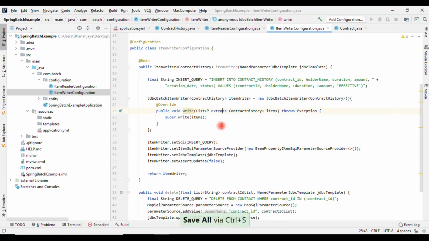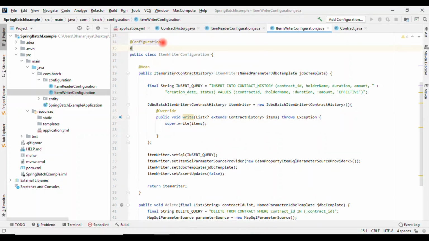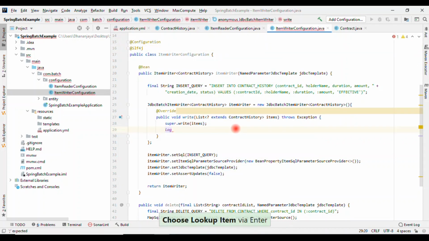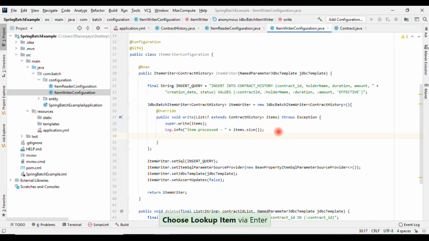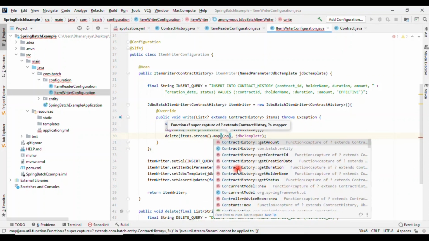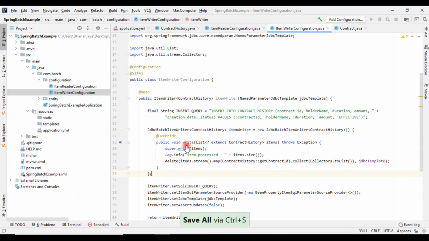So inside this write method, whenever the item write is completed, what we will do, we'll log the data at the rate log. Let me use the @Slf4j here. Log dot, let's say info, I will write here. Okay. So after that, I will delete the data. So the writer is also completed.